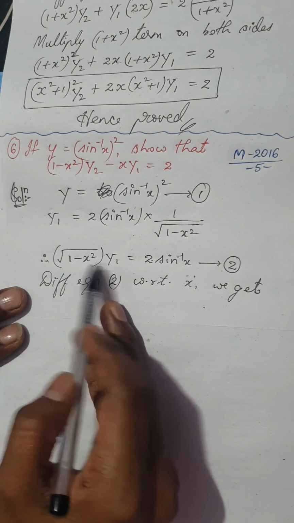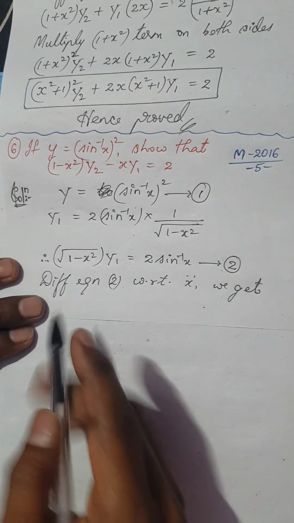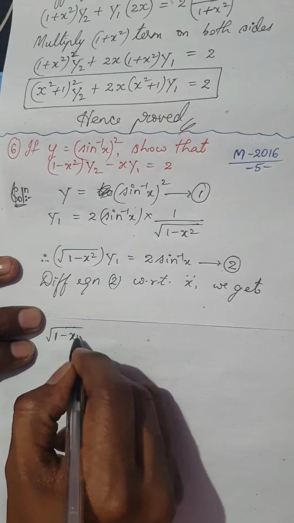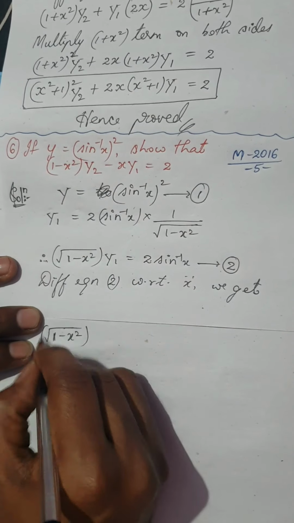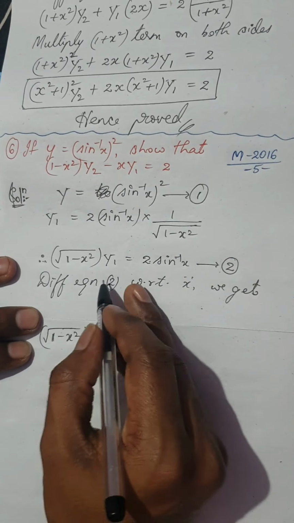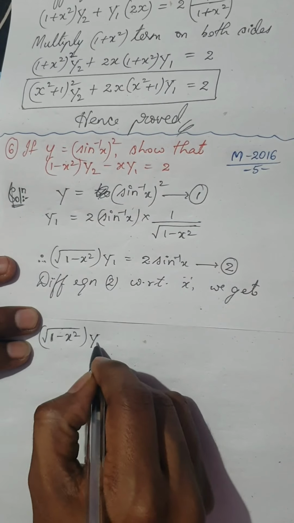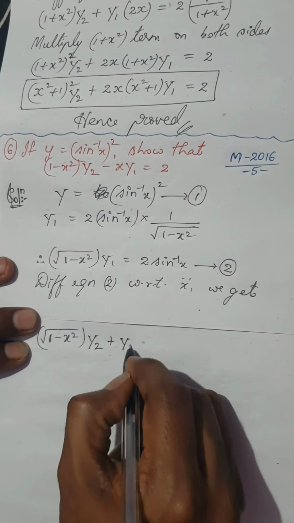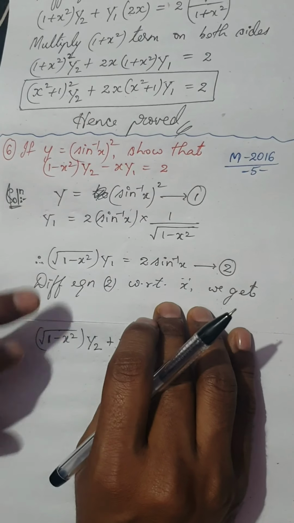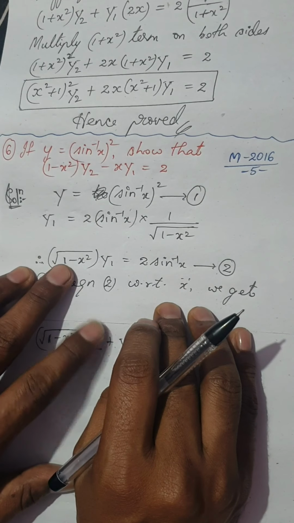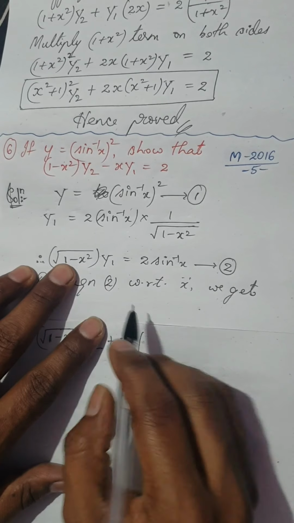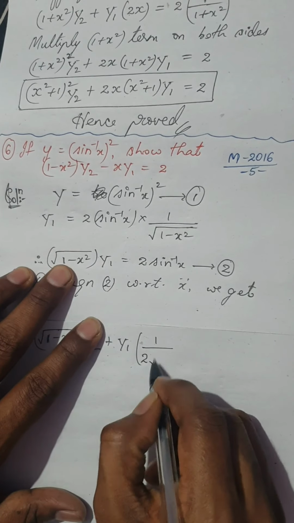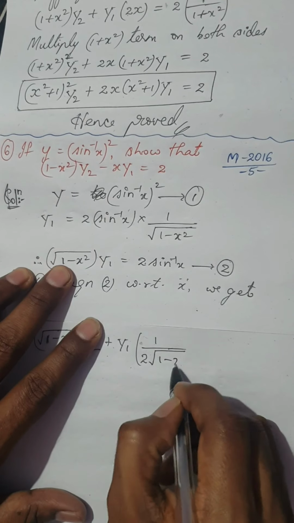So let's continue. The left hand side is the product of 2 functions. So we are going to keep first function as it is, that is root of 1 minus x square. So I've kept the first function as it is. Now derivative of y1, we know derivative of y1 would be y2. Plus now I'm going to keep y1 as it is. Please be careful in this step. Now I have to differentiate root of 1 minus x square. Now what is derivative of root of f of x? We know it is 1 by 2 root f of x, isn't it?